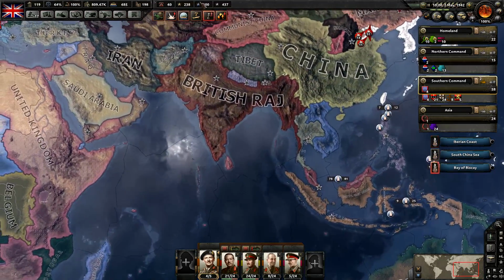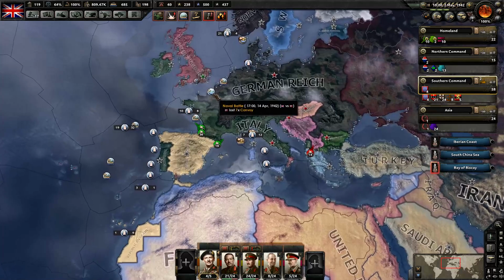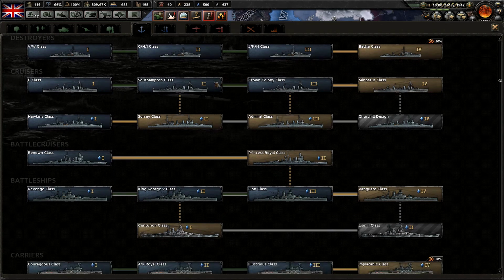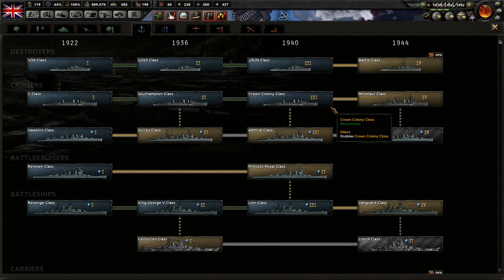But it's actually the end of the episode. Next episode, one of the first things we'll do is spend this Navy experience. Let me take a look at something real quick. Do we have all the latest ship models? We do. All right, so we'll go ahead and build...